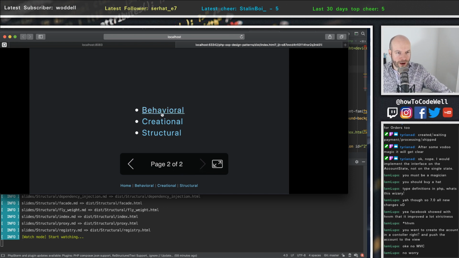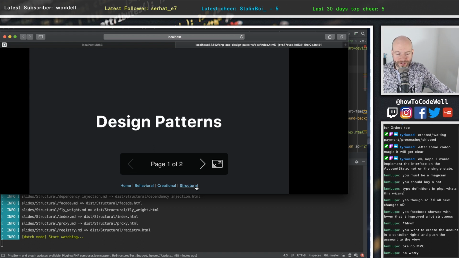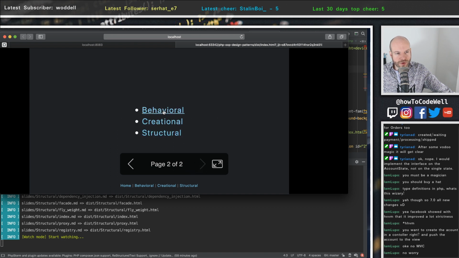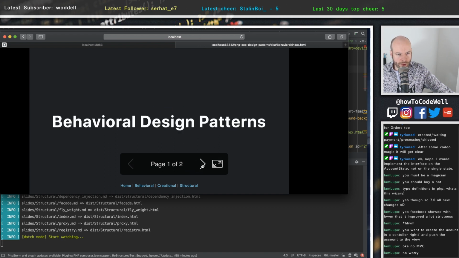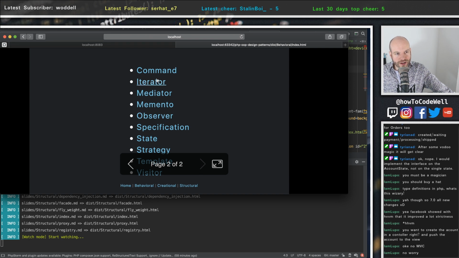First of all, I'll be talking about the difference between behavioral, creational, and structural. Because what MARP does is it converts markdown files into HTML, I can offer this with the course as a static website. So the next thing, we go to the behavioral. I'll just talk about what behavioral is, and then we've got a list here of all the